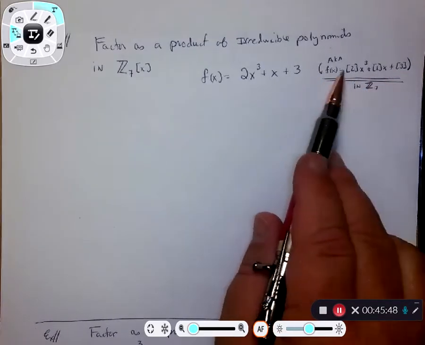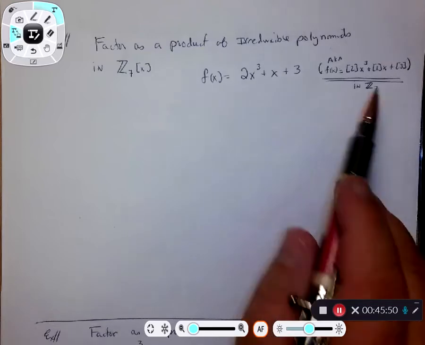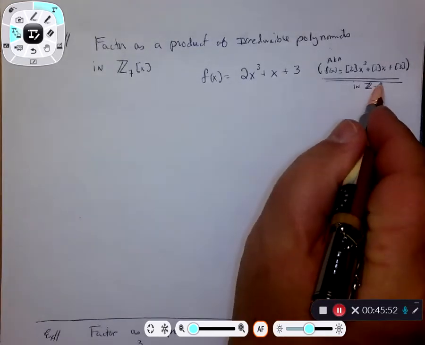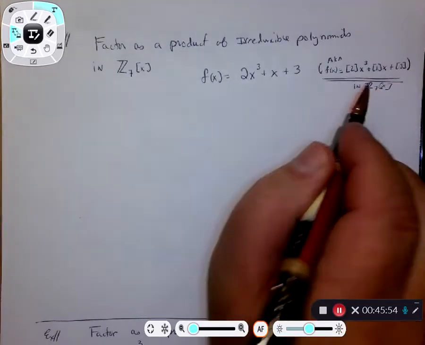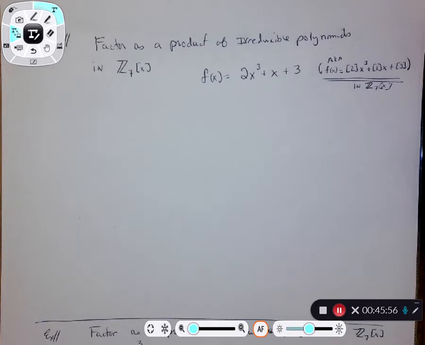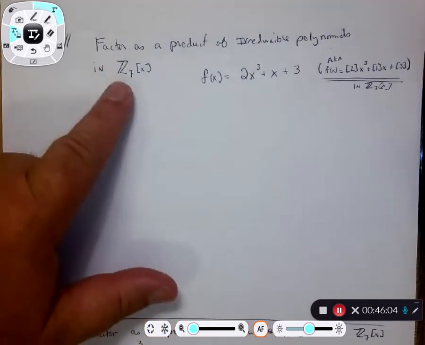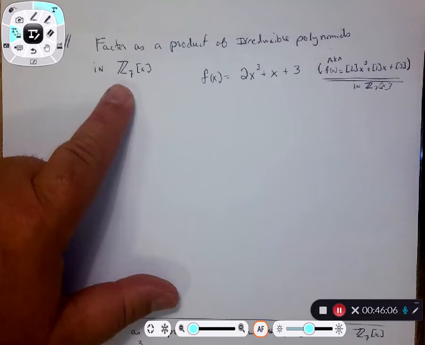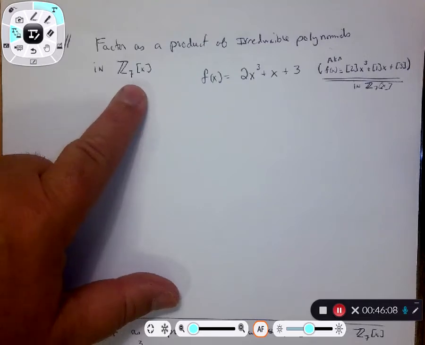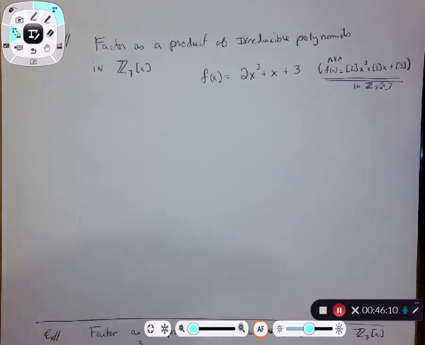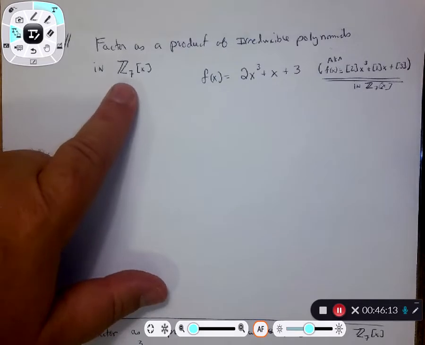Then that would be correct in Z7, and that's officially Z7 adjoined X. That's where your polynomial ring is coming from here. However, it's a bunch of pain to write these little pointed brackets. So in traditional notation, we just write it like this, but we're letting you know that these are polynomial rings in Z7 adjoined X. And it's got to be a field, and to be a field, you've got to mod out